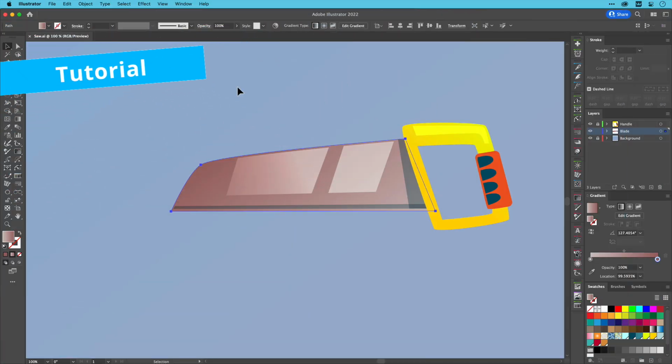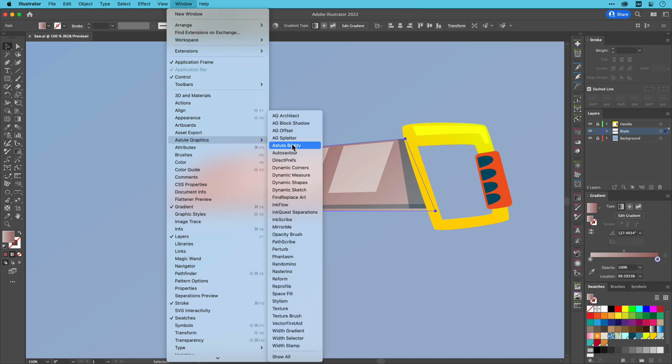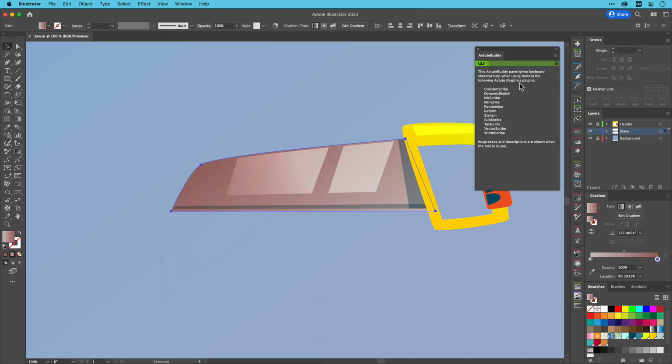The ReProfile tool is a very extensive and capable tool. This video demonstrates the important basics. If you wish to get the most from your Astute Graphics tools, we always recommend the Astute Buddy panel is always to hand, as it provides full keypress information, unlocking maximum tool potential. As keypresses used will be both overlaid in this video and/or described, I'll keep the panel collapsed.